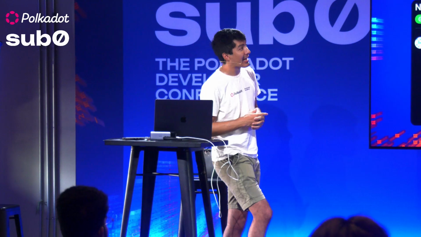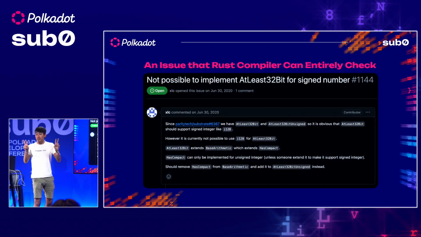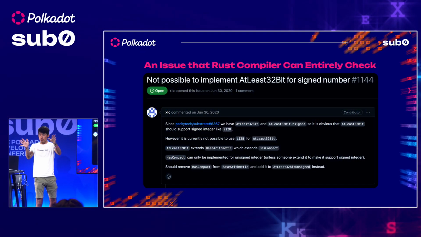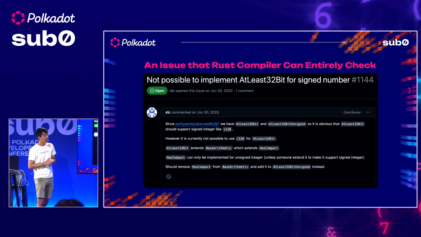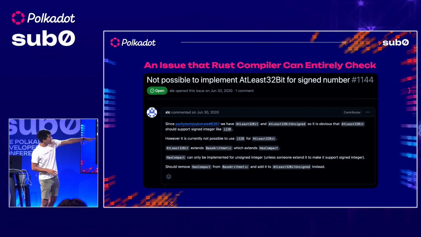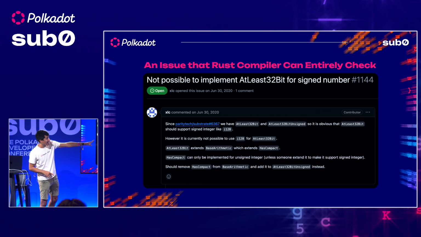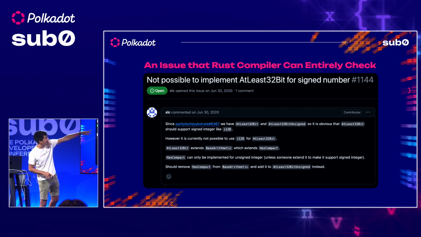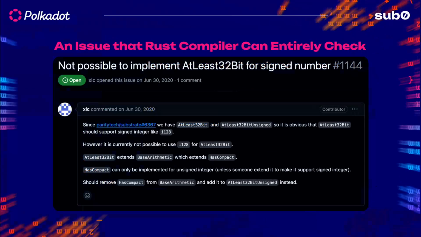Here's another great issue: not possible to implement at least 32-bit for a signed number. And by the way, both of these issues are live today. So if you want to do it, you can do it after this talk, right? Here, they basically want some types to implement different kinds of traits. They want to be able to implement this trait, at least 32-bit, for a signed number, which currently doesn't work, right? The reason this issue is great is, one, it's not very blockchain heavy,